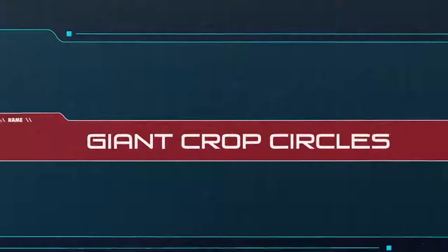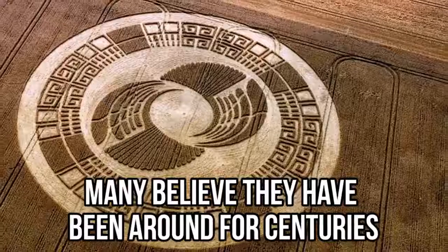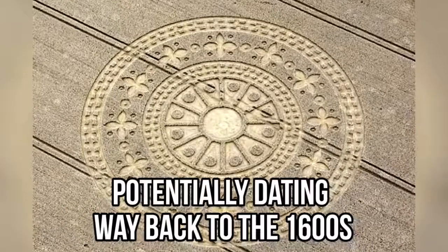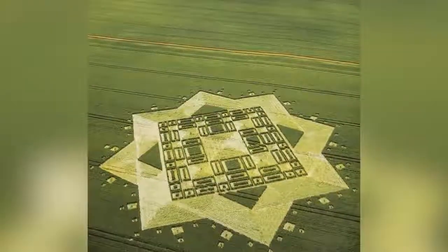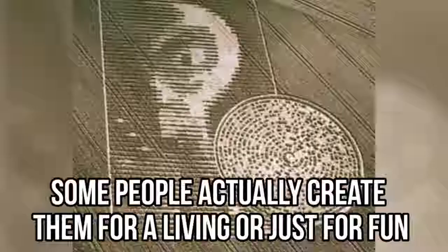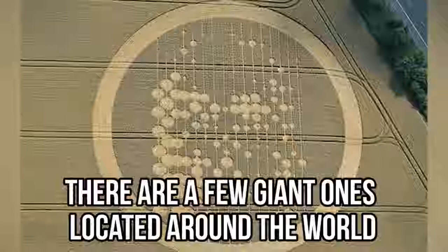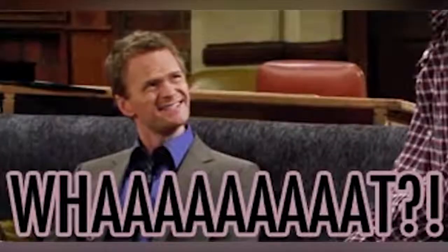Giant crop circles. Crop circles have been one of the Earth's greatest mysteries. Many believe they have been around for centuries, potentially dating way back to the 1600s. They range from simple circles to really fancy and intricate designs. Many crop circles have been proven to be hoaxes, and some people actually create them for a living or just for fun. But there are a few giant ones located around the world that have yet to be explained to